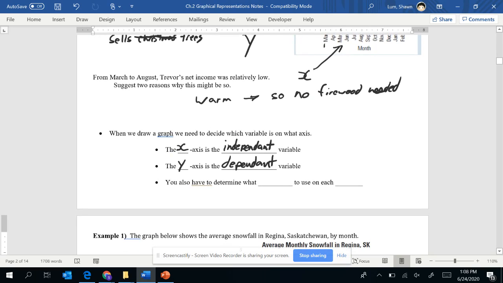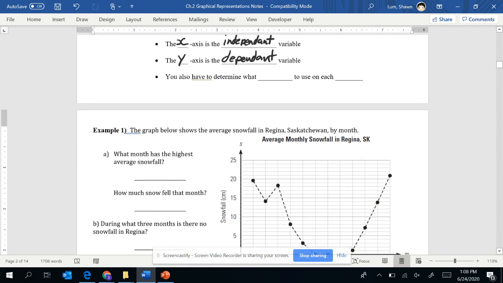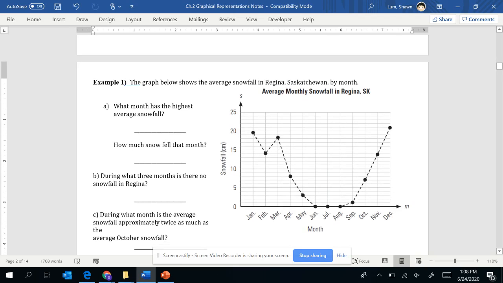Now, we're going to skip this one right here, and we'll come back to it in another video. But here's another question. It says, the graph below shows the average snowfall in Saskatchewan by month. What month has the highest average snowfall? So again,